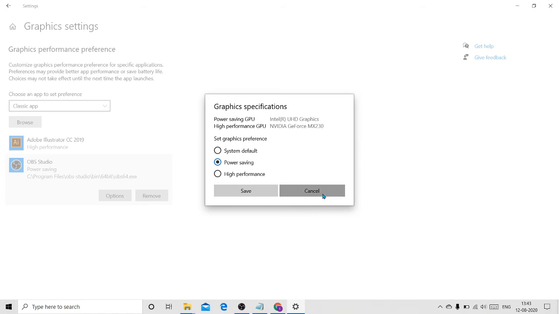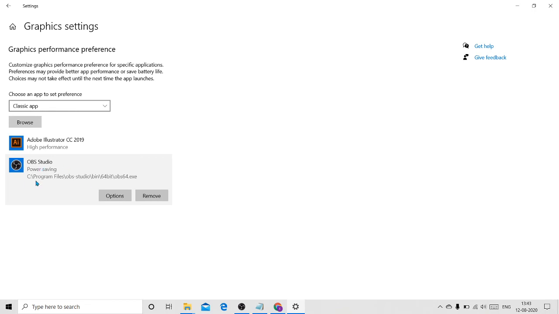As I have already clicked on it, I am clicking on cancel. After that, you can close this graphic settings and close OBS Studio with the X button. Once you reopen or restart OBS Studio, your screen will appear like this, which means that your display is ready to record.